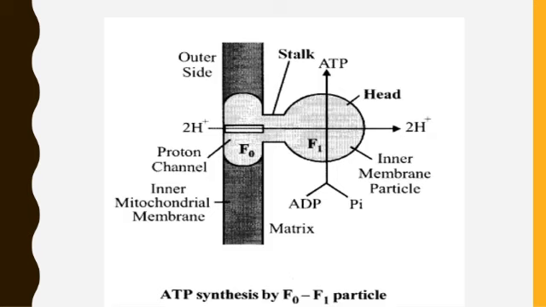inorganic phosphate. So this is the diagram, a very important diagram. This is your oxysome, that is F0 and F1. This is the peripheral region present in the matrix, and this is present in the inner mitochondrial space. While the protons come back from the outer space to the matrix, energy is released, and because of that energy, ATP synthetase synthesizes ATP, which is known as oxidative phosphorylation.